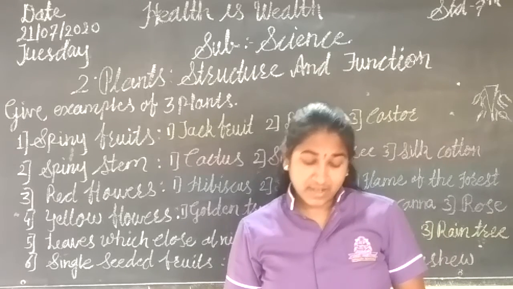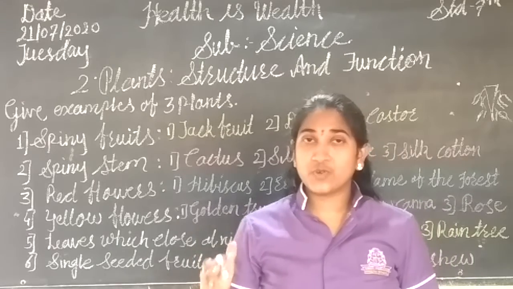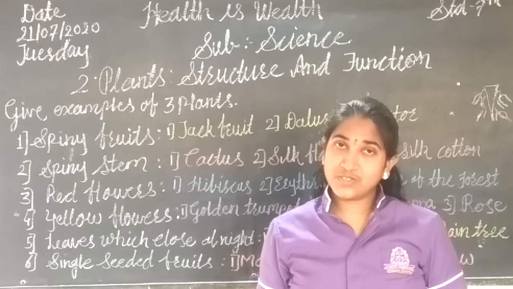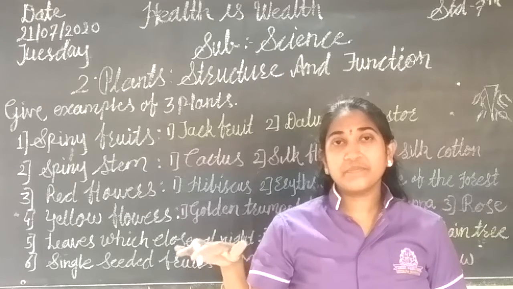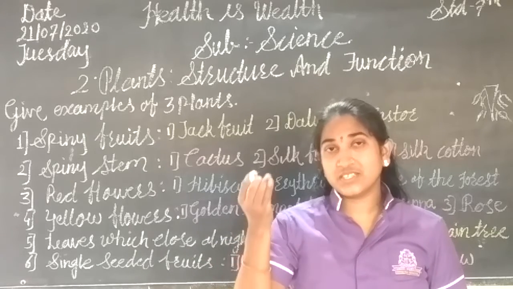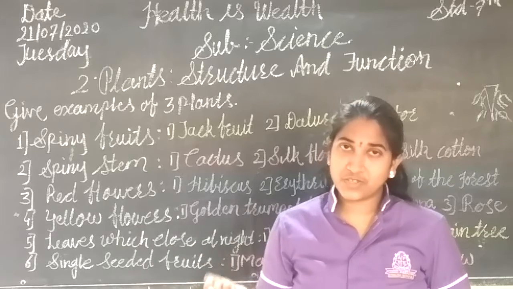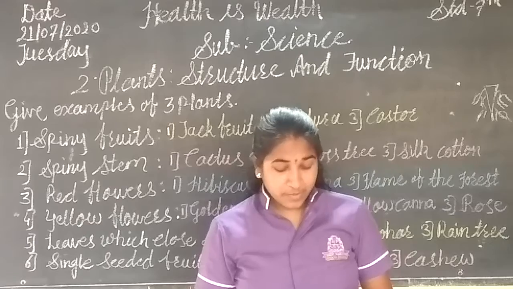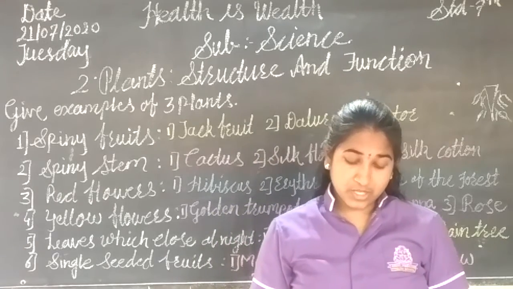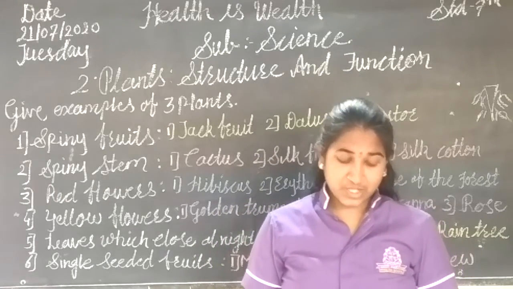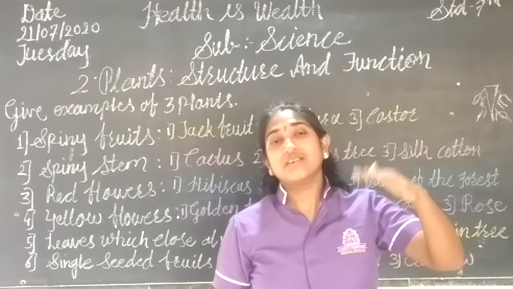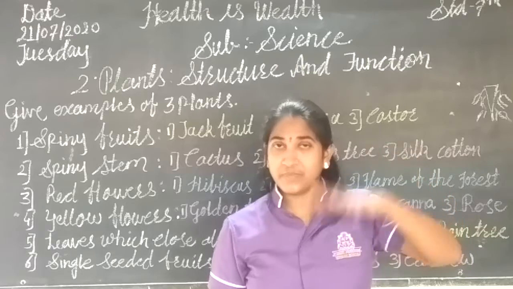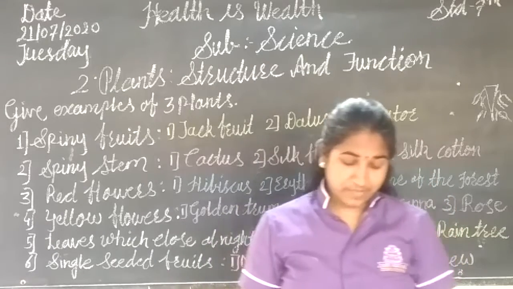What is the radicle? Radicle is the part that grows from inside the seed towards the soil. That means from inside the seeds, it grows towards the soil. That is called the radicle. What is the plumule? Plumule is the part that grows above the soil as the seed germinates. Plumule is above the soil, and the radicle is below or under the soil.